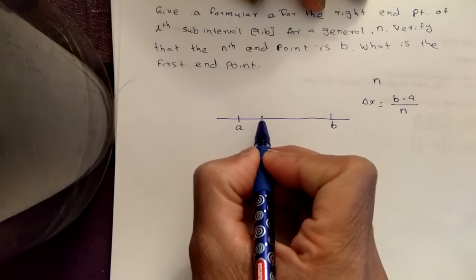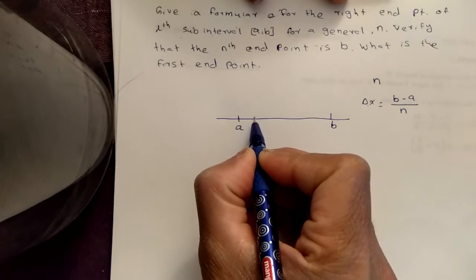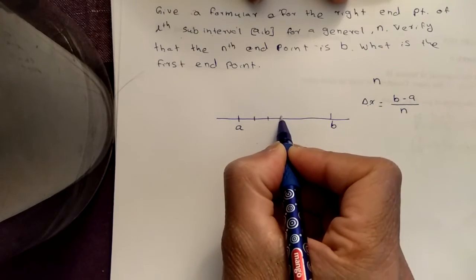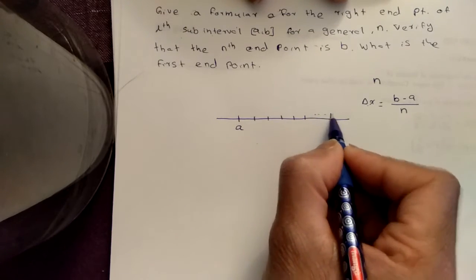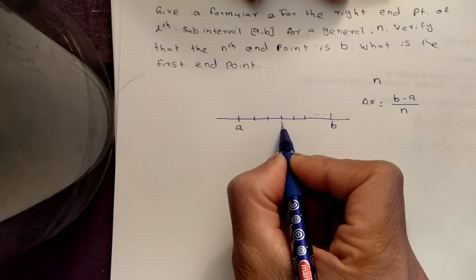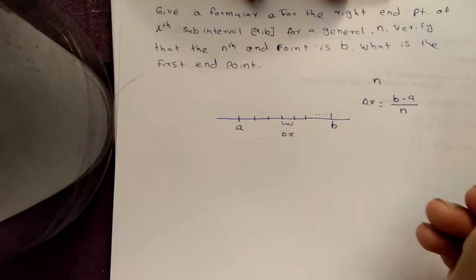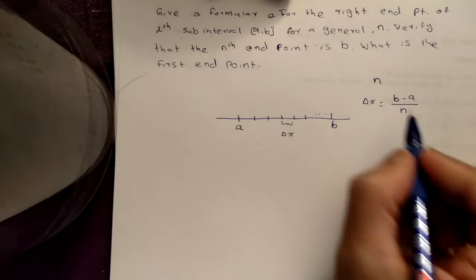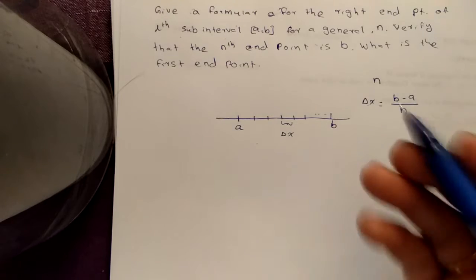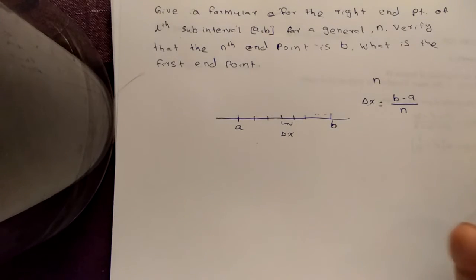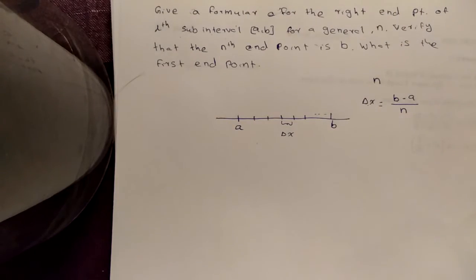So in this case, if we were told to divide this interval into n equal parts like this, we can divide it into any number of equal parts, and the length of each one is represented by delta x, which will be equal to b minus a over n. We will do a particular example after this theory. So for the time being,